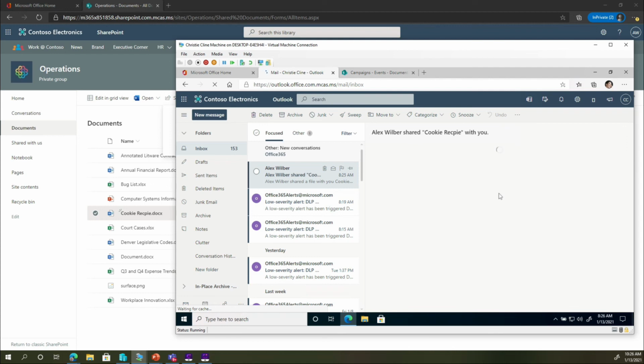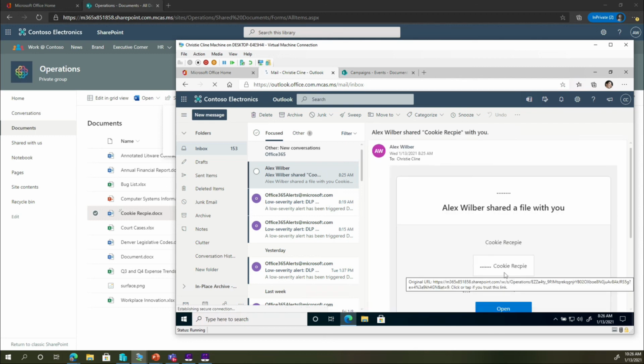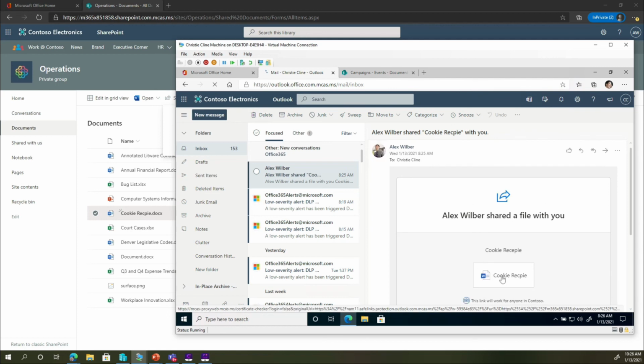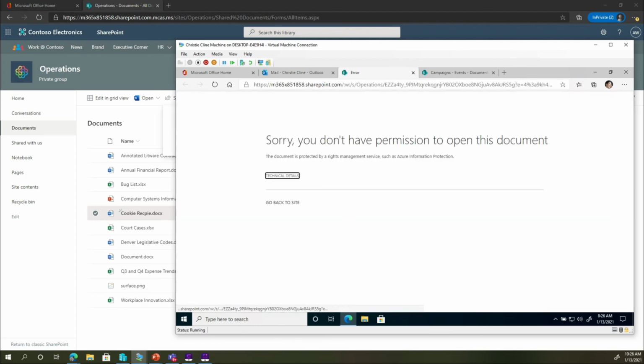Should get the link. And you see here, since Christy was not even part of that label process, she doesn't have permission to open this document. She doesn't have the rights management. She doesn't have that ability.